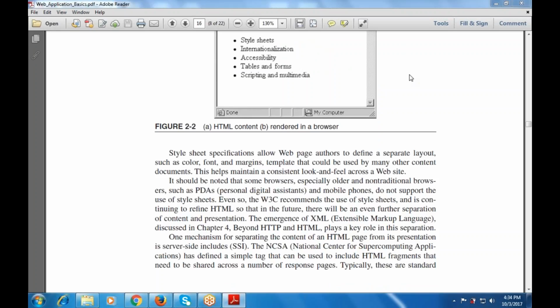Now let's move to the next part, that is how we can give the color. The style sheet specification allows the web page author to define a separate layout such as the color, font, margins, template that could be used by many other content documents also. This will help maintain a consistent look and feel across the web pages. It should be noted that some browsers, especially the older and non-traditional browsers such as the PDA, personal digital assistant, and the mobile phone, do not support the use of the style sheets